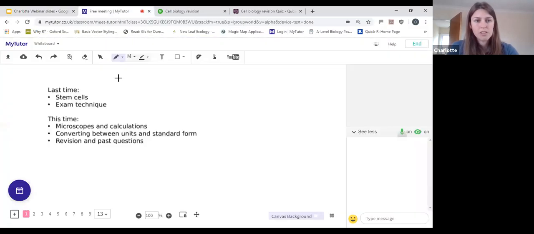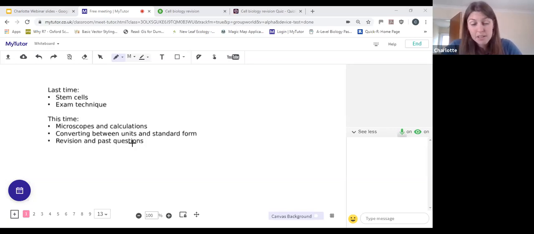So let's move on to what we're going to do today. Last time, we had a lesson on Tuesday. We talked about stem cells and exam technique. And this time we're going to talk about microscopes and calculations. We're going to talk through converting between units and how to use standard form. And then that will be the last of the content from this module, which is Module 1, Cell Biology of